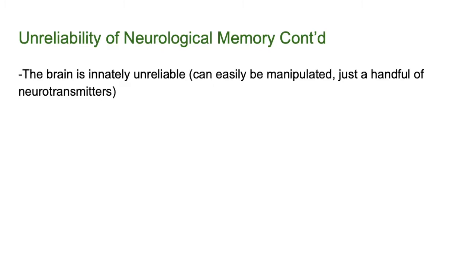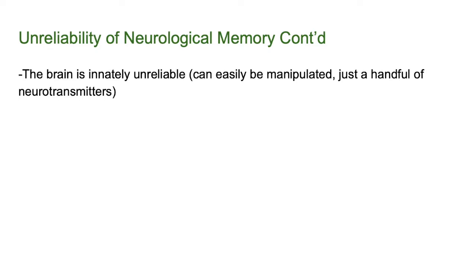One final thing is that the brain can be really easily manipulated. That's because it uses just a handful of neurotransmitters for all of its functions. Often medical conditions that originate in the brain are treated by either amplifying or reducing the effect of a neurotransmitter. So often what happens here is that someone is treated for one issue, but as a result, they feel the